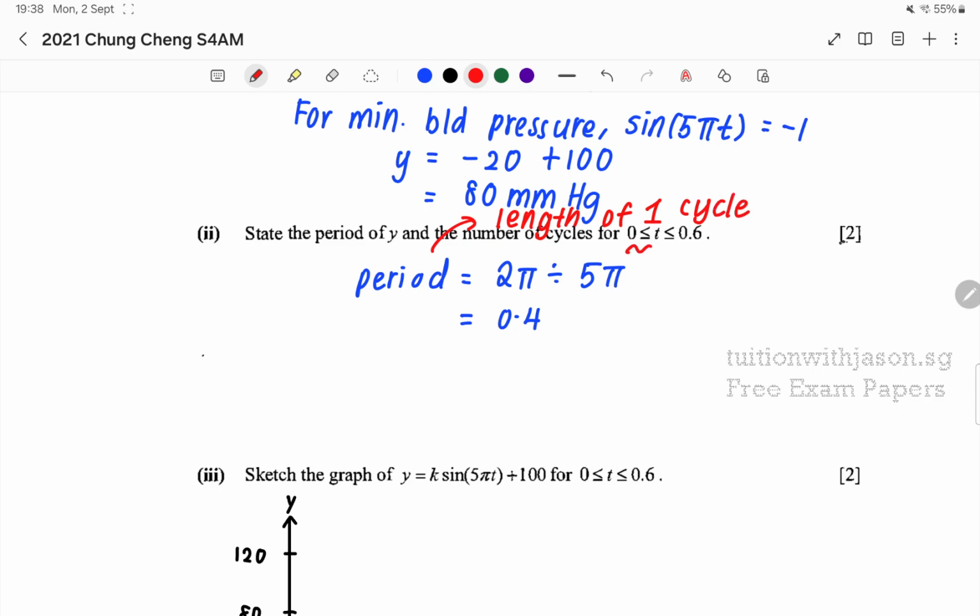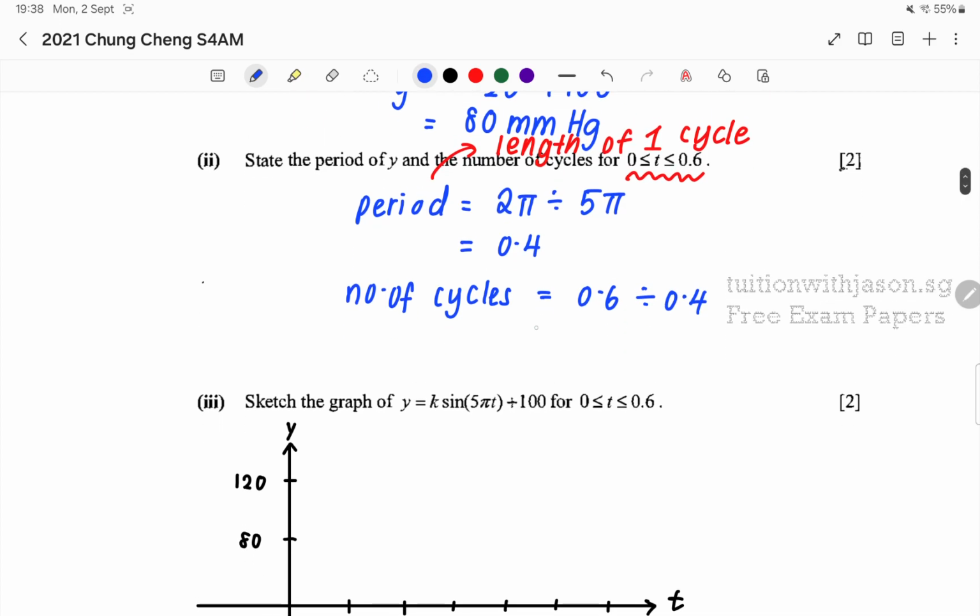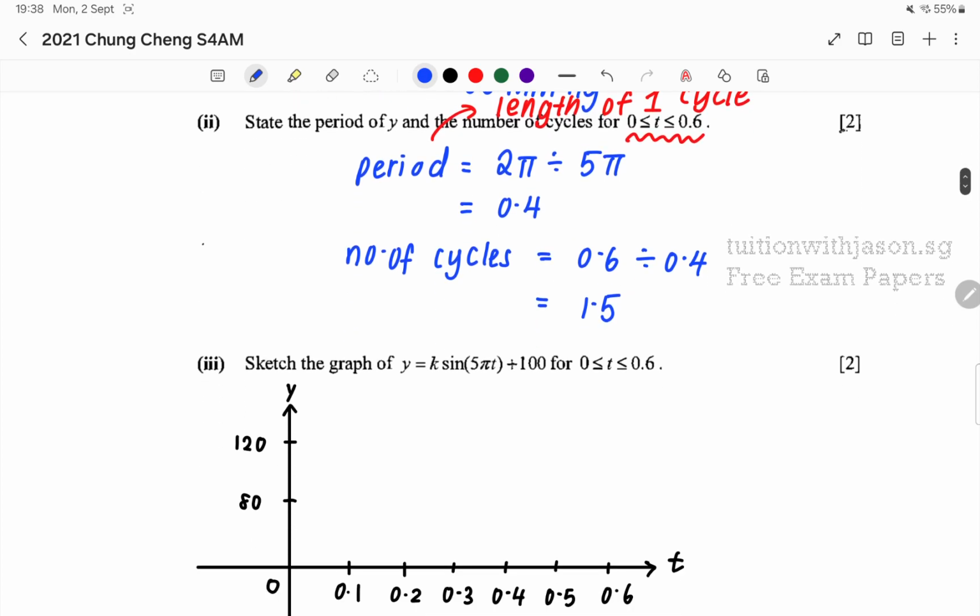And the range is given over here, and they want a number of cycles. To find number of cycles is just taking the whole boundary of the range, which is 0.6, because 0 to 0.6 inclusive. So the total is 0.6, and I'll divide it by the period in order to find out how many cycles I have. So this would be 1.5. So what this means is that I will be drawing 1.5